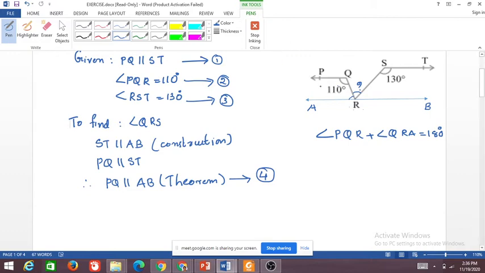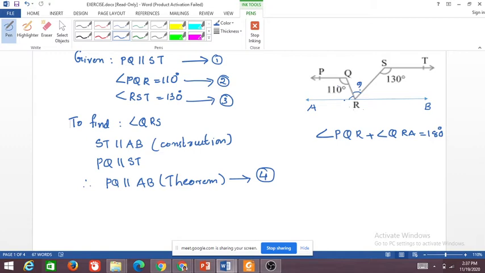So you have two lines PQ and AB, and we just found out that they are parallel. So then by the theorem, we can say that interior angles on the same side of the transversal. Ma'am, can I say my answer? Yeah, sure. Tell me. I'm not hearing anything, Ramya.